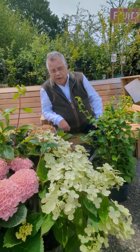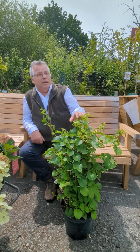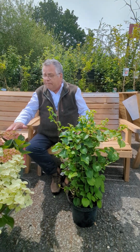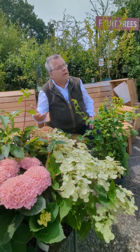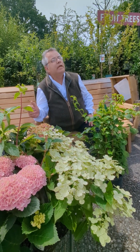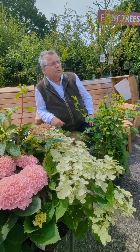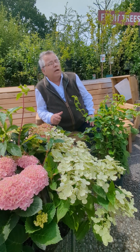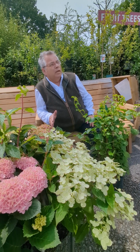In terms of pruning, the climbing hydrangea doesn't really need any pruning, just keep it within bounds. The lace caps and the mophead hydrangeas, wait until spring, leave the dead flowers in place and just gently nip them back or remove them to a strong pair of buds. Don't be tempted to do hard pruning on them. Once in a while, if you've got old stems, you can thin those out completely in spring, but don't be